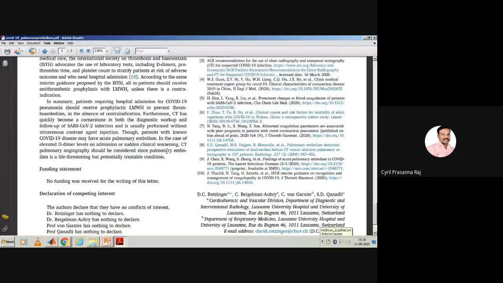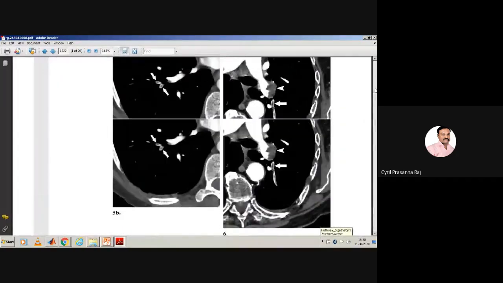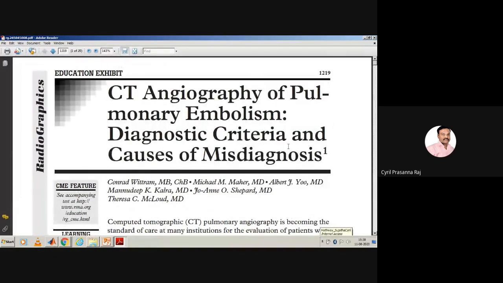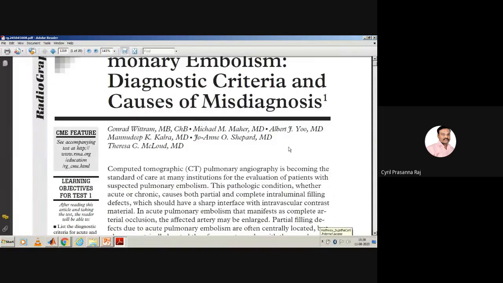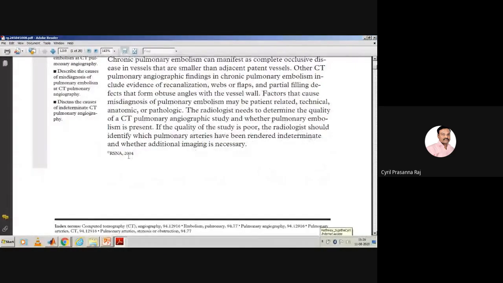But again, let me tell you, those models that have been developed may be very good, but there is a lot of scope for improvement, and I will tell you why. To understand this project, I will share with you another paper on pulmonary embolism. That paper was published in 2004. It is a very old paper that is nowhere connected to COVID, but they are trying to define what pulmonary embolism is all about.